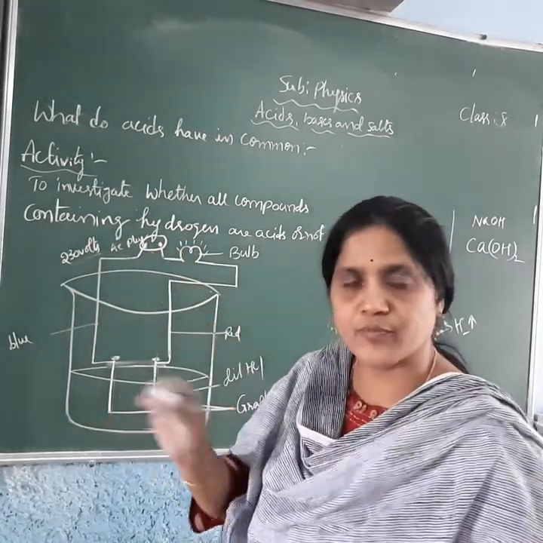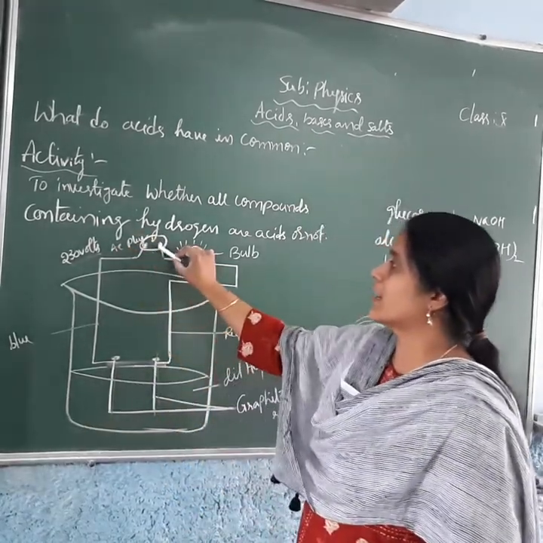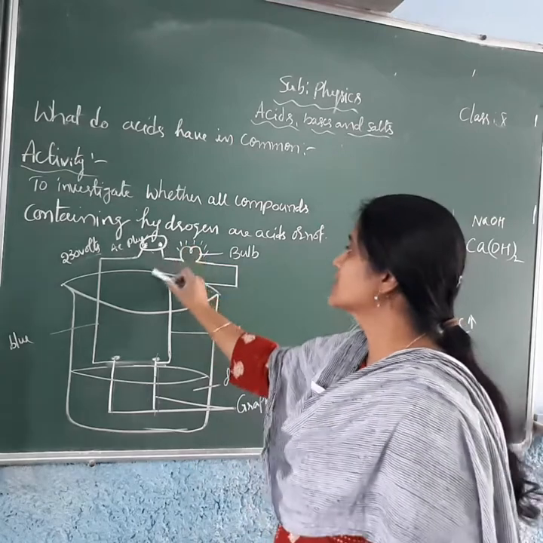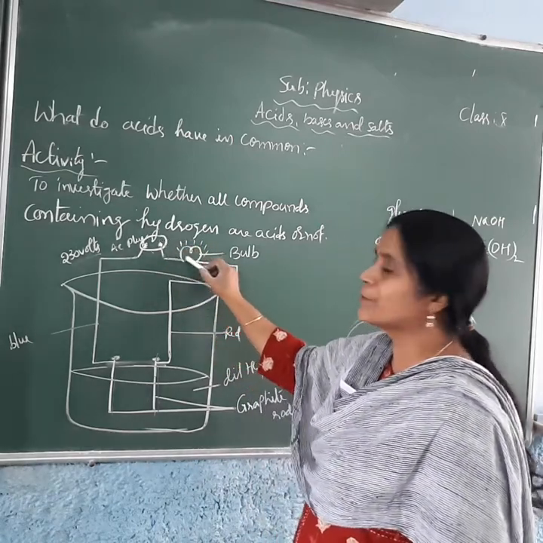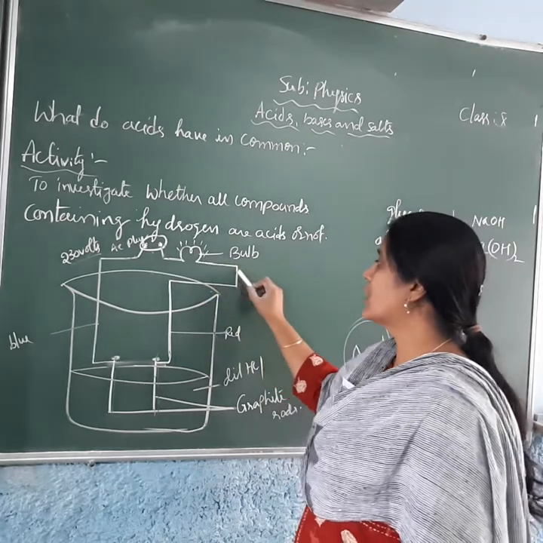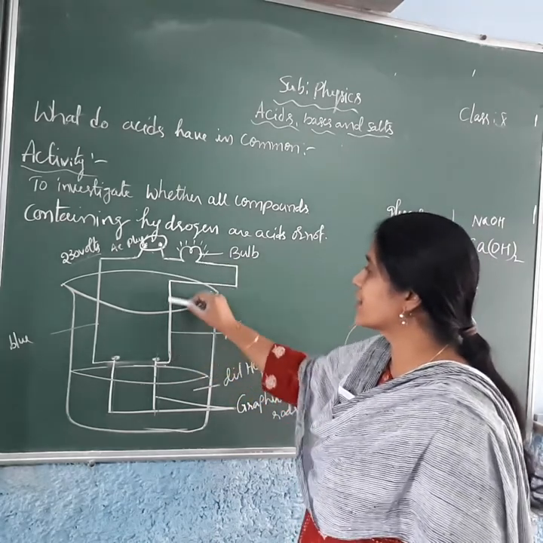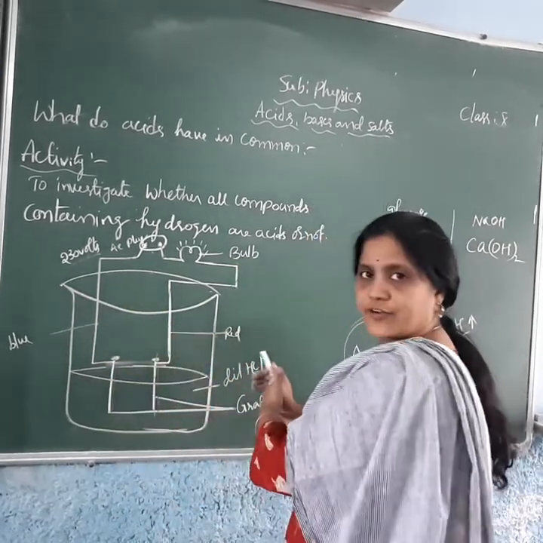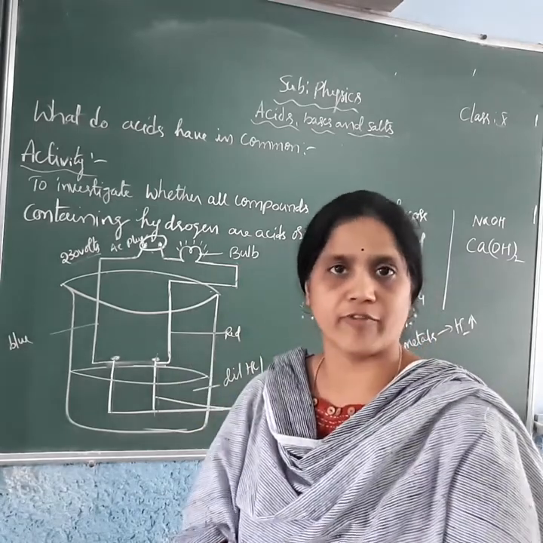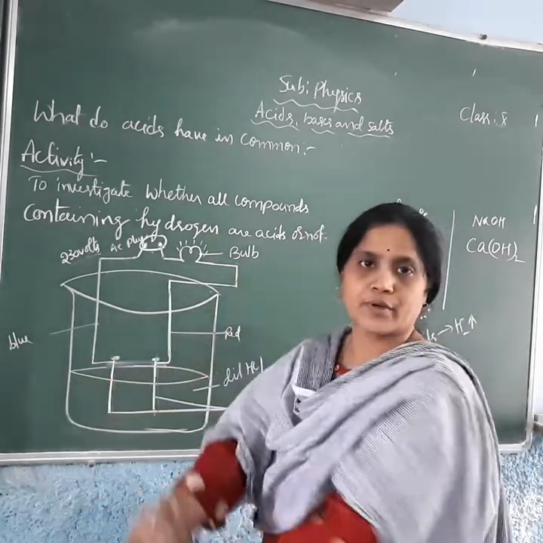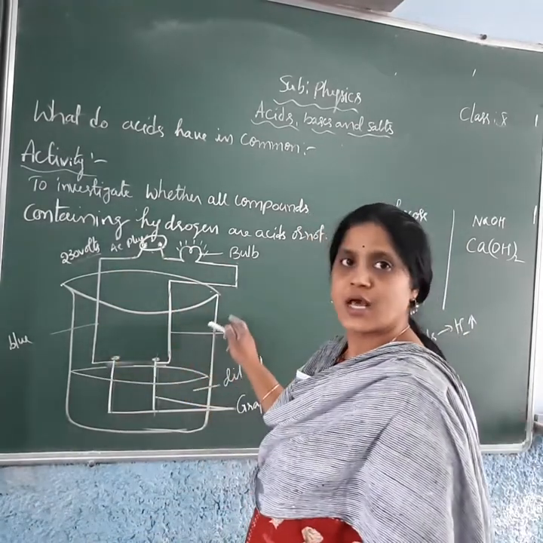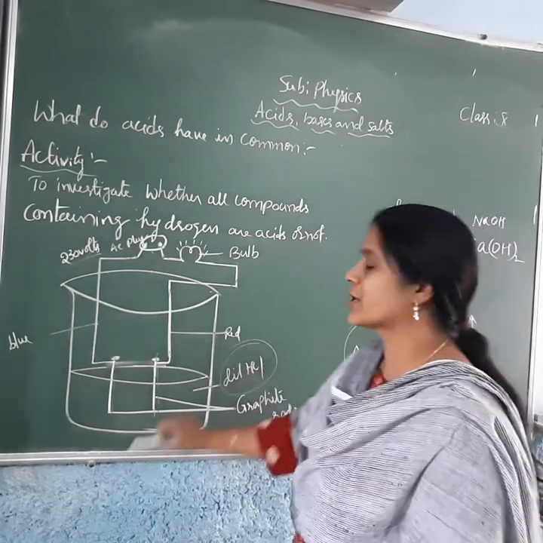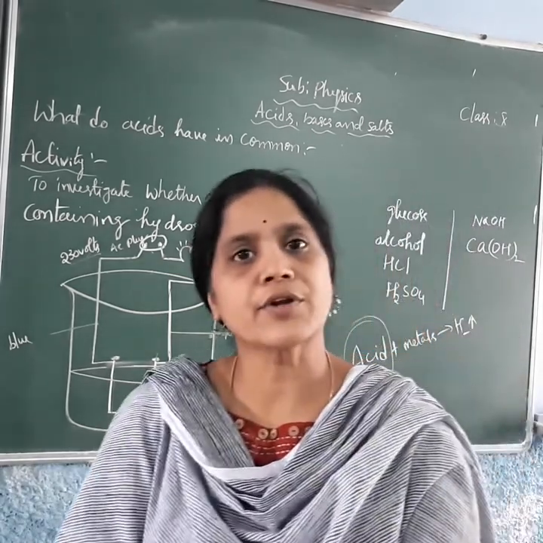230 means that voltage. 230 volts to this plug, and the plug is where you switch on and off, and through this switch to the bulb. This is the bulb, and from the bulb to another graphite rod you must connect with another color wire. One graphite rod with one color of wire, and the other graphite rod with another color wire. Now complete the circuit connections. And in the beaker you must take dilute hydrochloric acid.